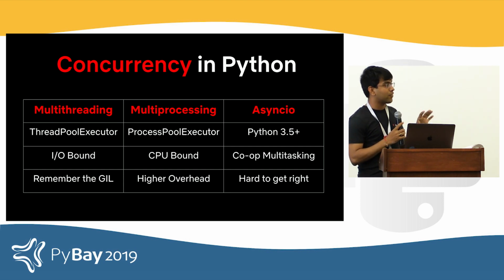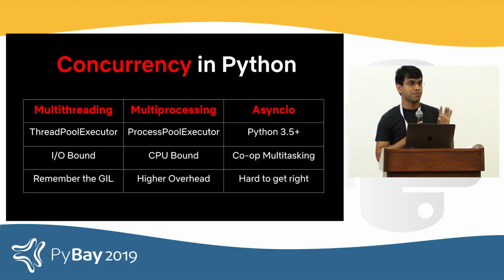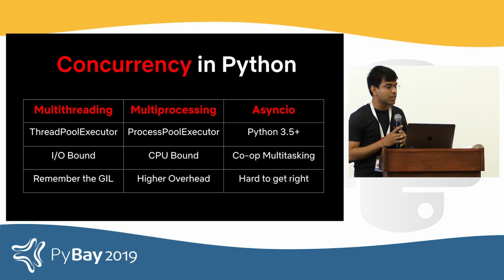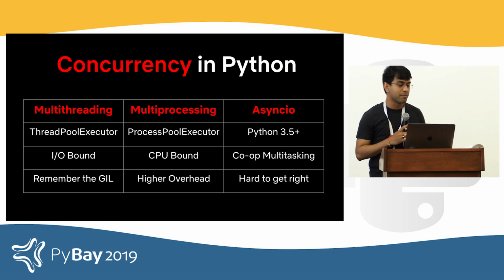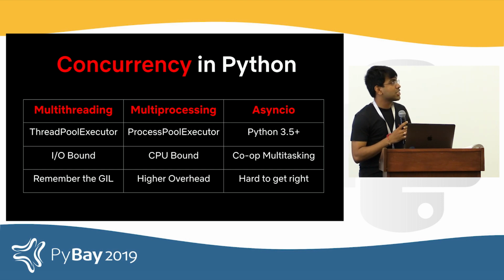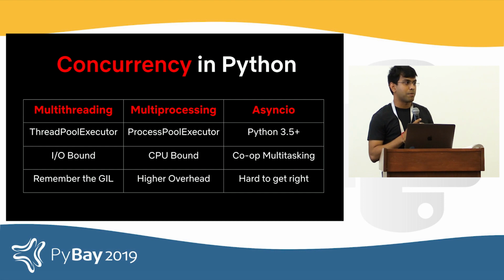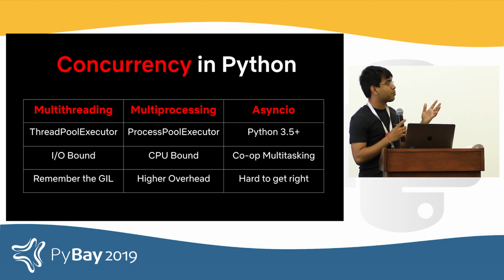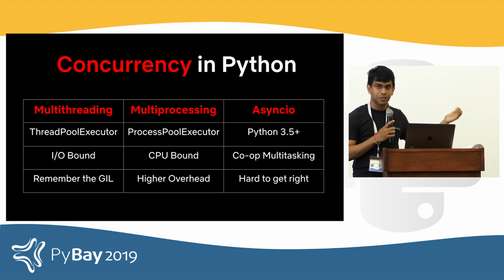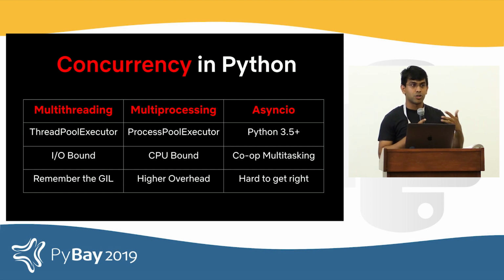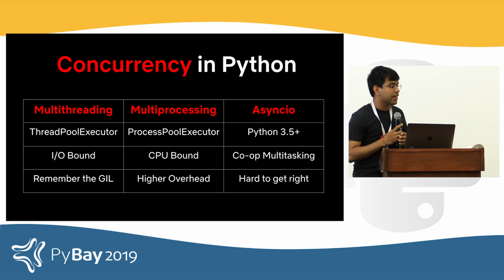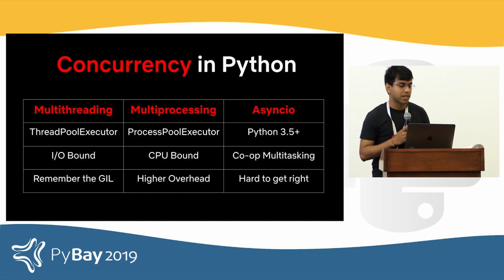I'd like to therefore think of concurrency as the model, from which parallelism may come. Each of the three things on this slide all have their place, if you know when to use them. Within Metaflow, we actually leverage all of them. Multi-threading for decoding Parquet chunks in parallel. Multiprocessing is the backbone of that high throughput client that I spoke about, and also to parallelize those task processes. And async IO is used in our microservice architecture.